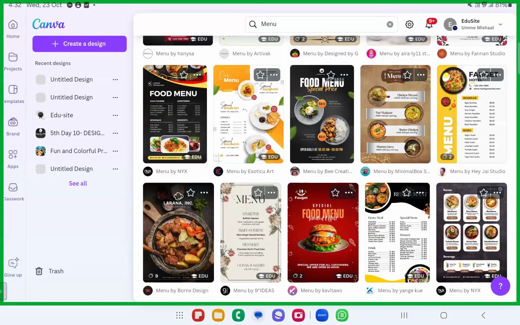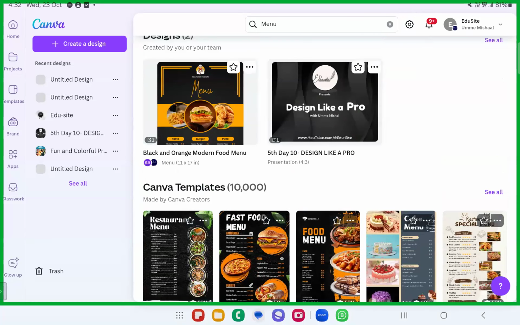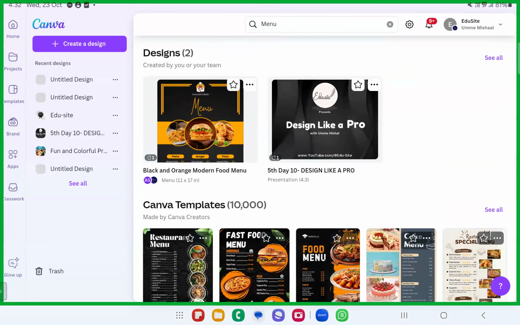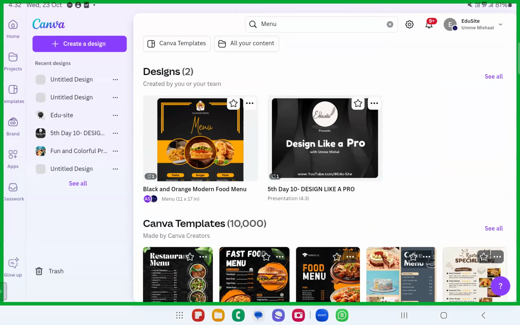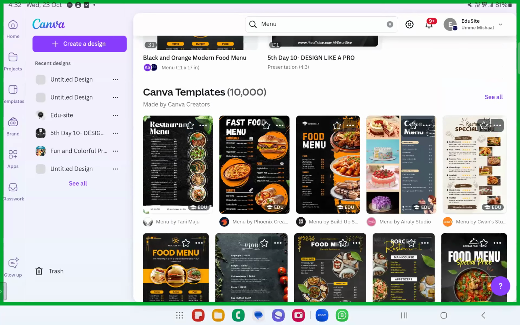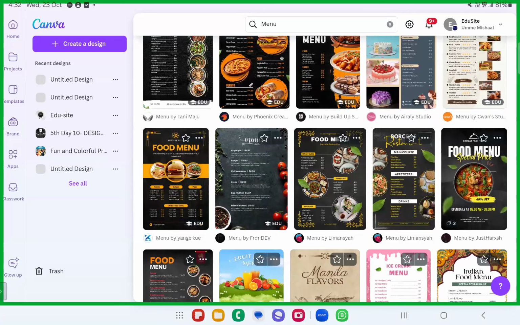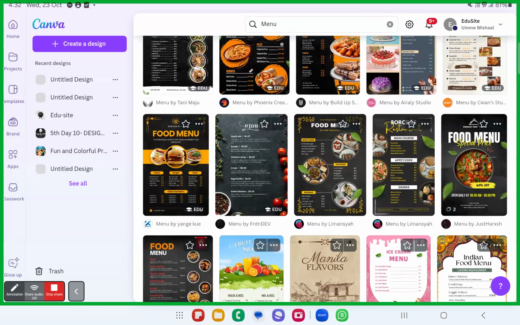Fine. So if you want, you can create this menu. You can create these menus very easily. Something like this was created by us. So whatever we want, you can put it up in the format of this one, and you can create your own menu. These are all very easy to create.